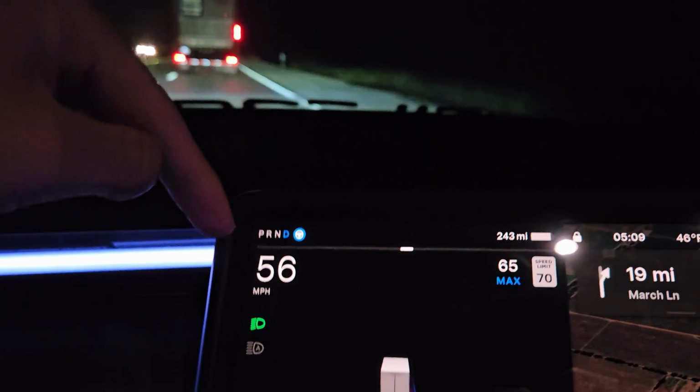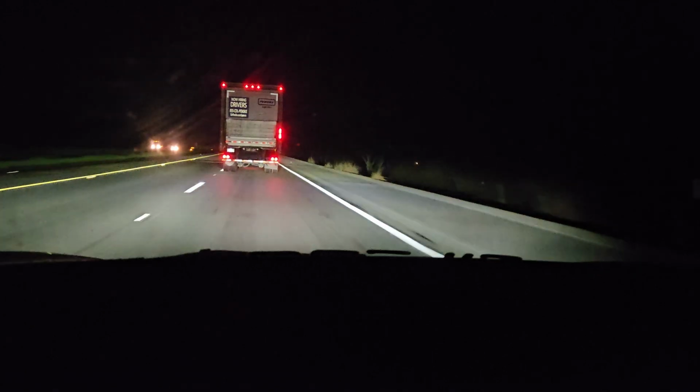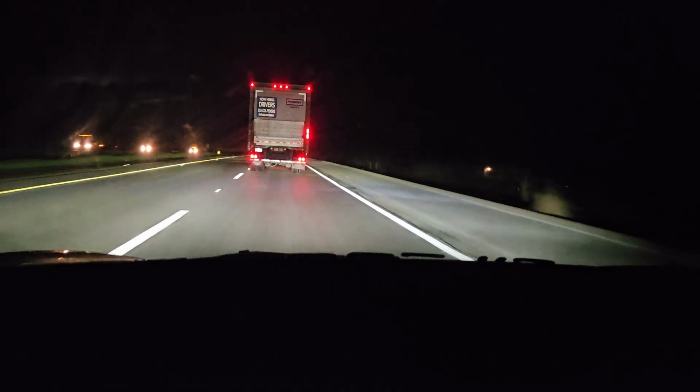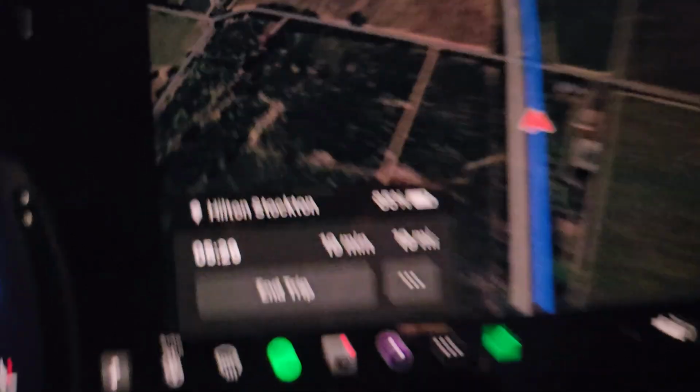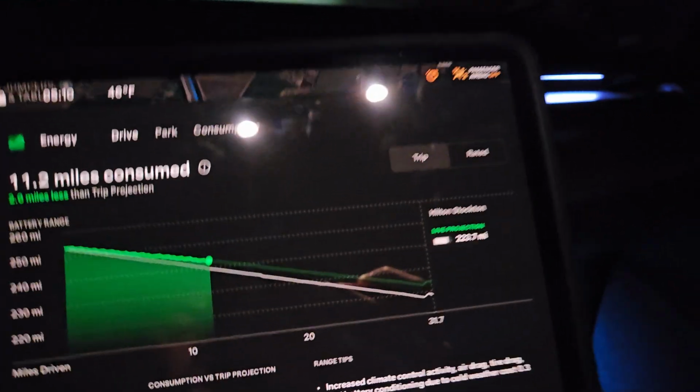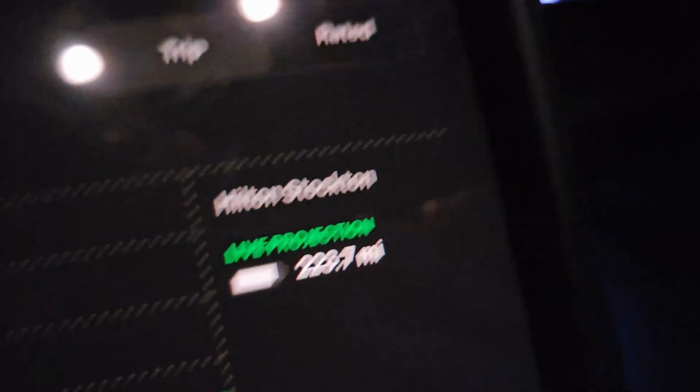It's about halfway to the Hilton Stockton, and I just wanted to check in real quick. We've been driving about 56 miles per hour behind this same semi-truck for the past like 10-15 minutes. So we have about 20 minutes left. And you know what's crazy? Looking at the energy for our trip, we're estimated to arrive with over, okay, it's not focusing, but